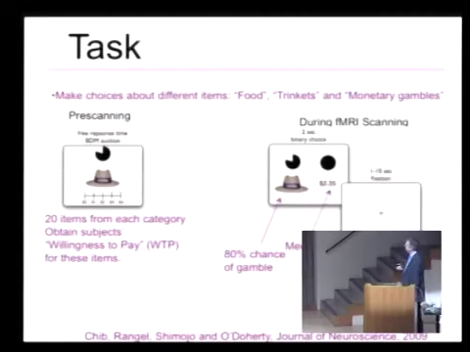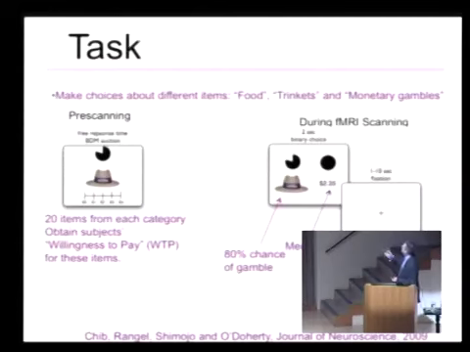So here's the task that we had. This was done at Caltech in Los Angeles. And what we had is we put people in the scanner, and we had them make choices between different kinds of items. So food items. I should say these subjects are also hungry. They haven't eaten for 4 hours. And these are basically junk food items. So they're packets of crisps, chocolate bars, stuff that's really not good for you, that you shouldn't be eating, but clearly something that people are motivated to eat if they're hungry.